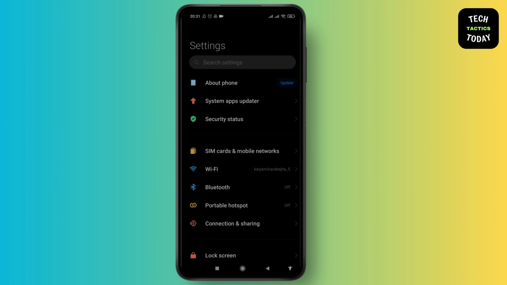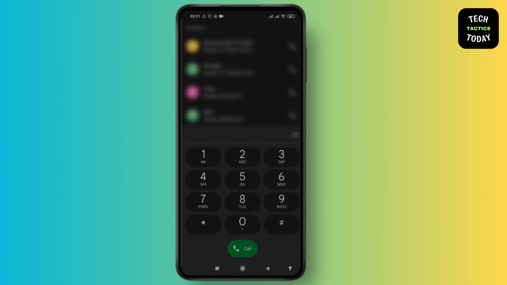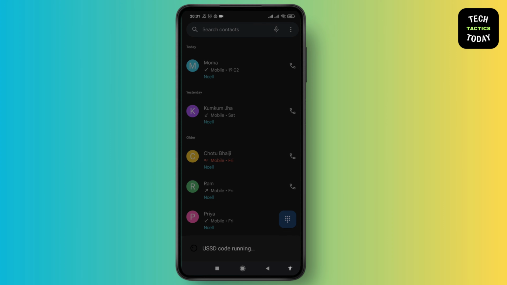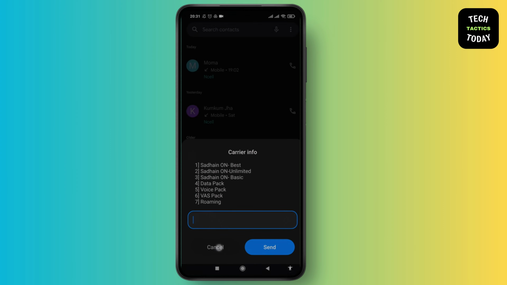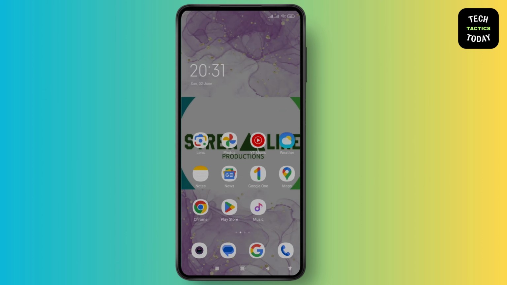Then go to the phone call and make sure to provide the correct pin. So giving the incorrect pin will not work, so just go back and then go to the settings